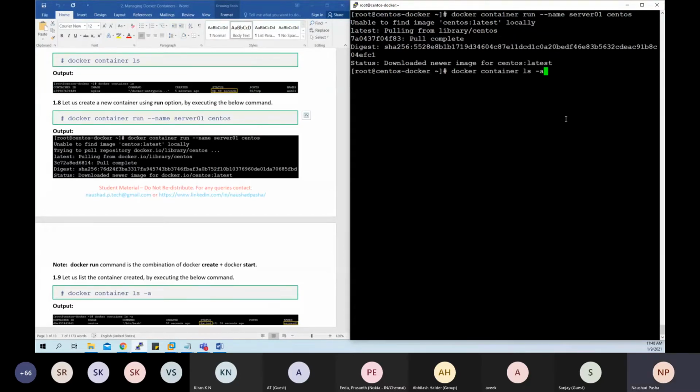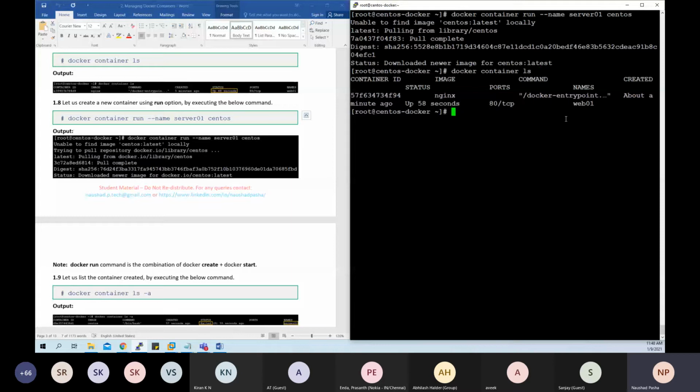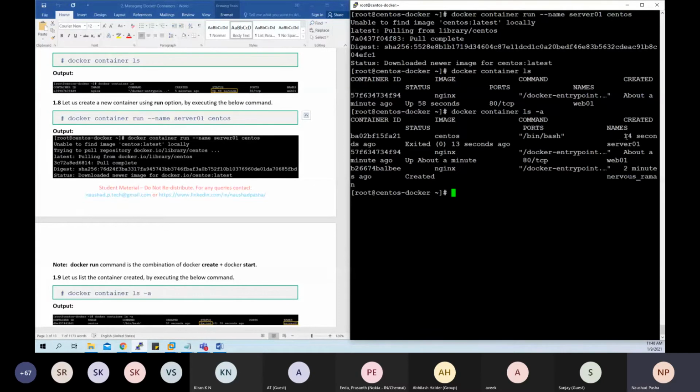Now when I do docker container ls, I don't get to see that container in up state. Why? Because that has got into the exit state. Let's go ahead and check with the option -a. So there is a container named server01, which is in the exit state.